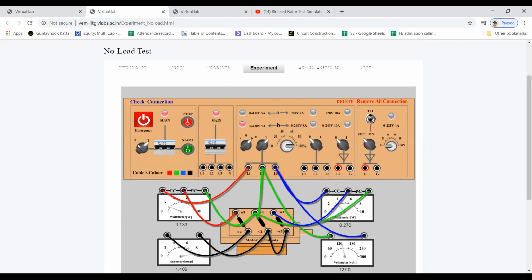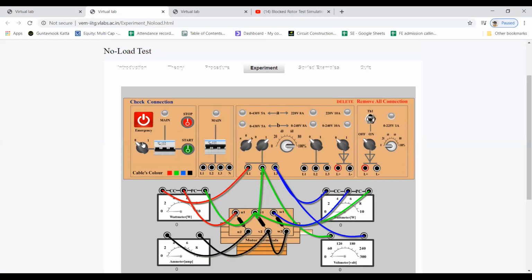After making connections, you have to first check whether the connections you have made are correct or not. So you have to press this check connection. If the connections are proper, it will indicate the message that yes, it is star connection.